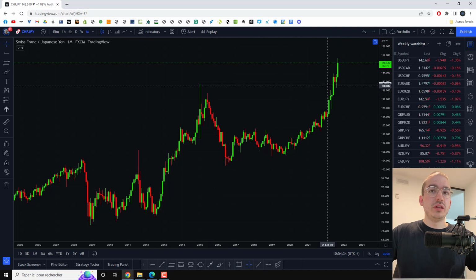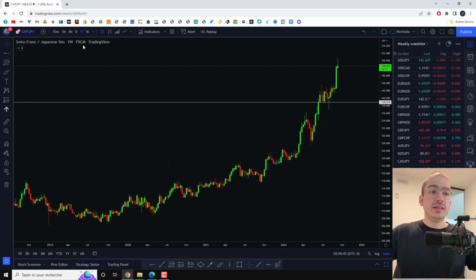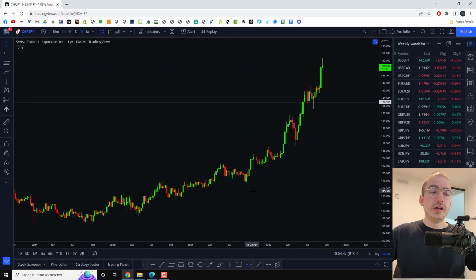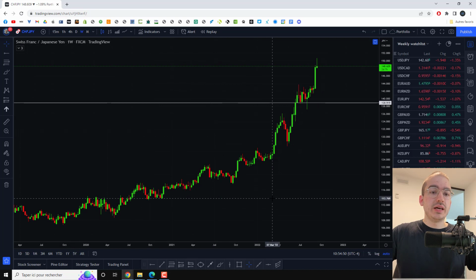It was a really important level because, as you guys can see, we actually broke above this level. We made a little pullback to retest the level, and then we went back to the upside. So this was a really important level that I was able to identify. And then if we look at the weekly chart, the only thing really here that I could add for the